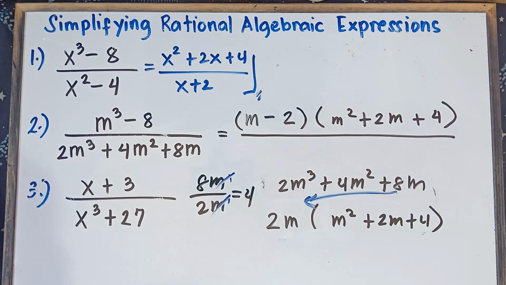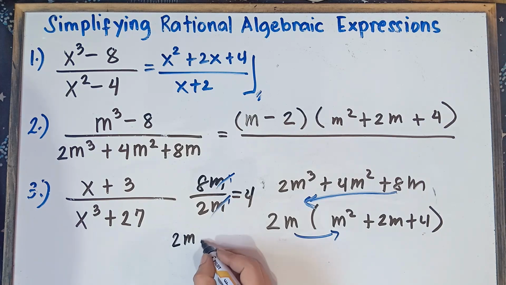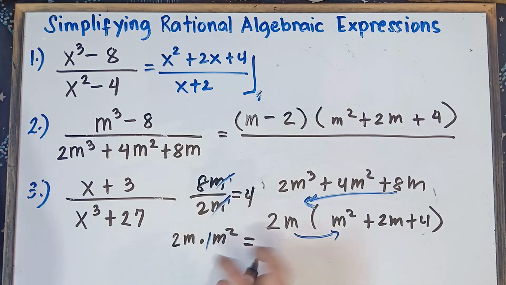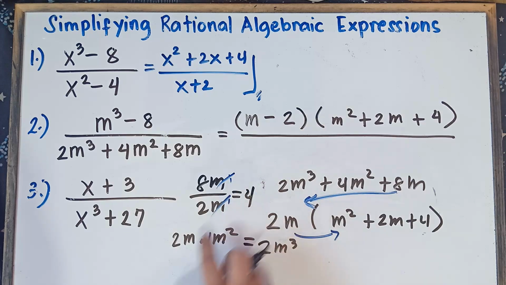Alright, and then we can always double check our answer by distributive property. So you multiply this one. 2m times m squared. So 2m multiplied by m squared. So understood that there's 1 here. 2 times 1 is 2. m times m squared, that would be m cubed. Simply add the exponent. A while ago, class, in division, we subtract the exponent. In multiplication, we will be adding the exponent. So understood that there's 1 here. 1 plus 2, that would be equal to 3. Yep, we have the same answer, 2m cubed.